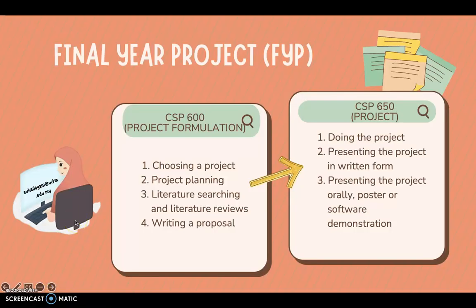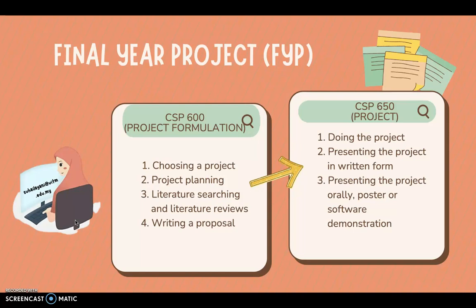A final year project, FYP, consists of CSP600, which is a project formulation, or we call it a proposal, and then CSP650 is the project itself, where the student is supposed to develop the system. The difference between 600 and 650 is that project formulation consists of the proposal only, and CSP650 is where the development